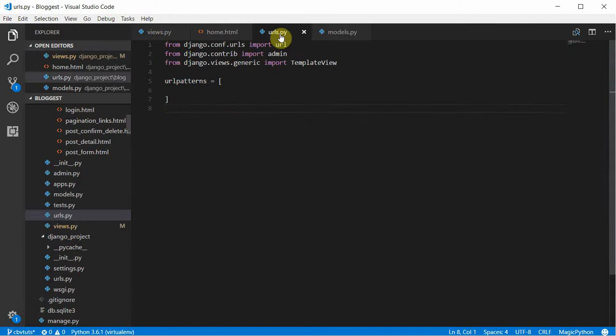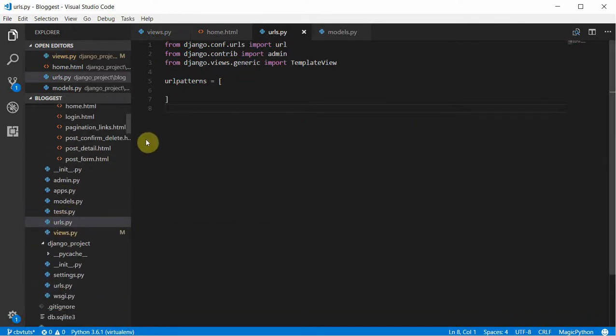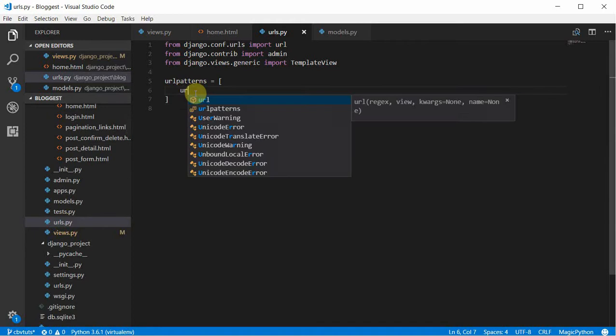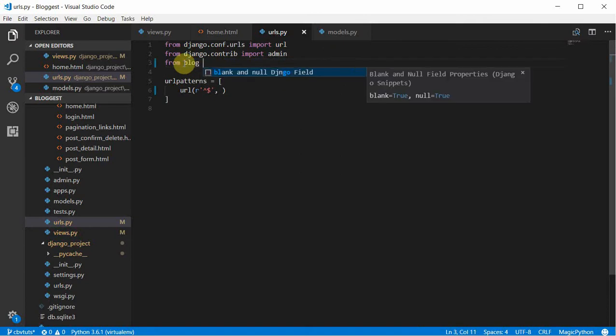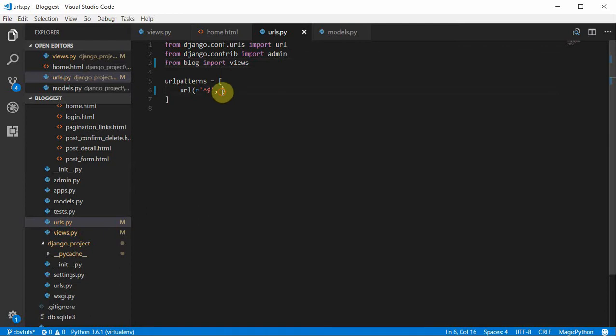We'll go to the urls.py for the app. This urls.py belongs to the blog app. So we'll go to this urls.py and we'll do this. It's going to be the home. First we'll remove this and import from blog, import views. So we now have views dot